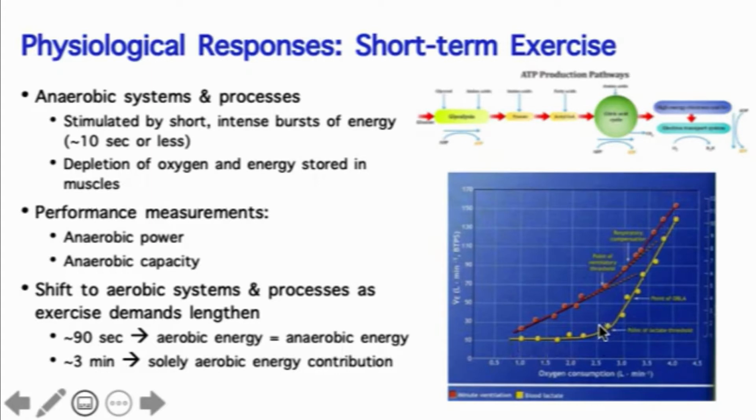And what we can see is that there's kind of this point, or threshold, or ventilatory threshold rather, that splits up our anaerobic capacity from our aerobic capacity, or denotes the major shift in physiological processes between short duration or longer duration exercise. Kind of a fun thing is that we usually can tell where a person's anaerobic capacity is at their ventilatory threshold as well as their lactate threshold.